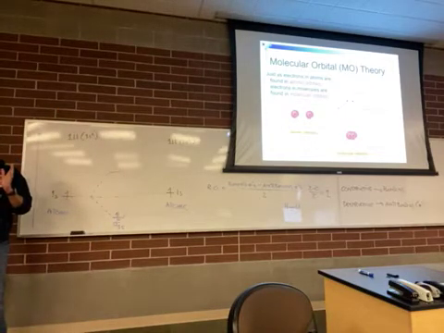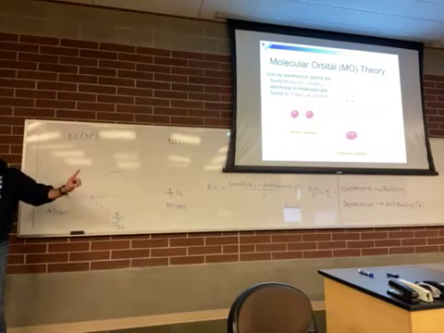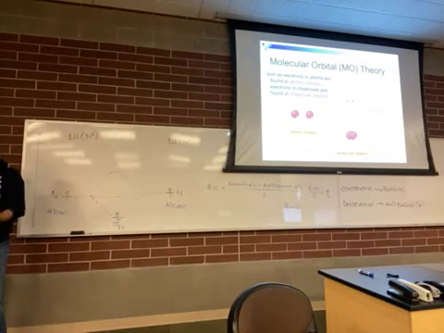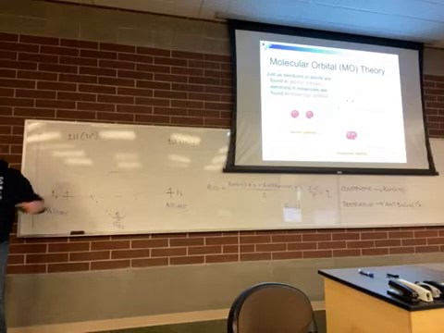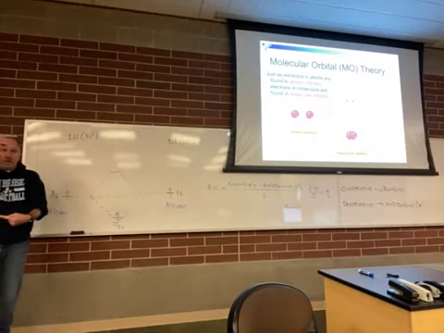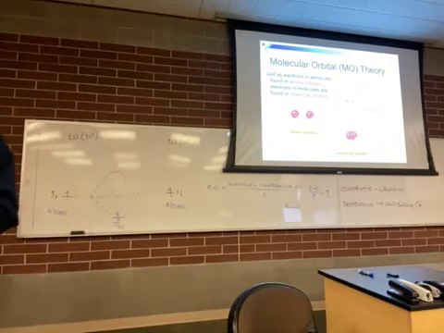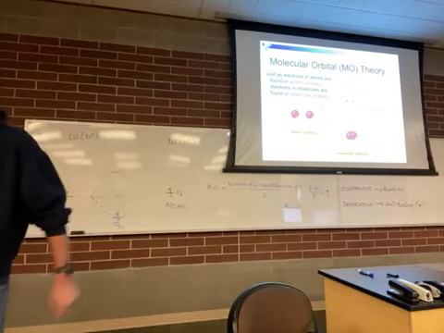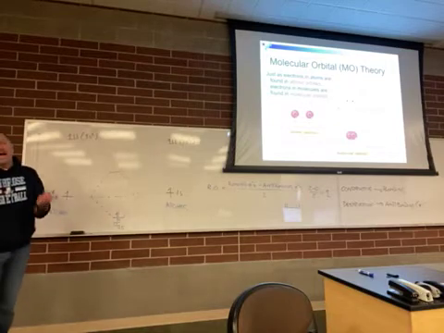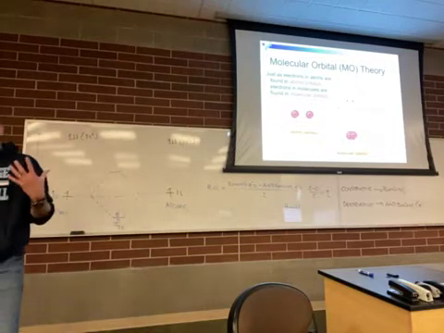Okay. 2 atomic orbitals, 2 molecular orbitals. We tracking? If I start with 2, I have to end with 2. I can't build another one, I can't take one away. If I have 2, I have to have 2. There's just 2 solutions. One's good, low energy, one's bad, high energy. That's it. Okay? So let's go to our next atom on the periodic table and let's predict the bond order